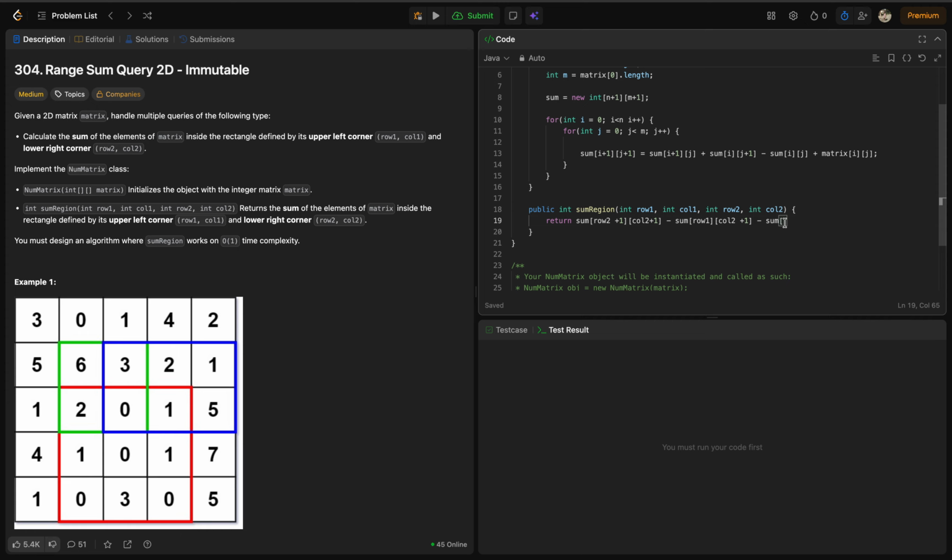सिमिलरली दूसरी साइड का हम कर देंगे तो वो बन जाएगा रो 2, इसके अंदर रो 2 +1, राइट, एंड कॉलम 1। अब ये माइनस हो गया, ये माइनस हो गया, बट इसमें से हमें ये ऐड भी करना है क्योंकि ये 2 बार माइनस हो गया, तो ये हमारा क्या हो जाएगा, प्लस सम, और ये वैल्यू हो जाएगी रो 1 एंड कॉलम 1। इसके बेसिकली रो 1 -1 एंड कॉलम 1 -1, बट सम वाले टेबल में तो नेक्स्ट पे है तो +1 हो जाएगा, विच इज़ रो 1 एंड कॉलम 1।